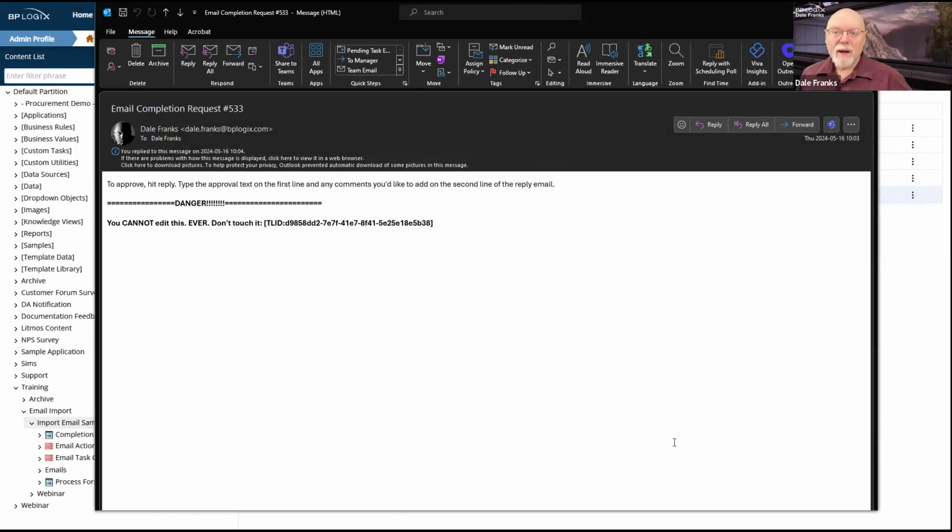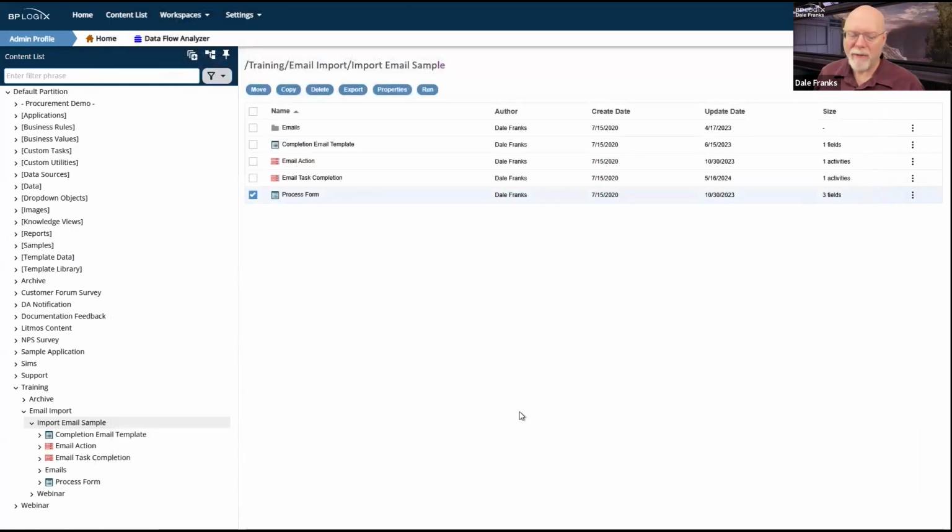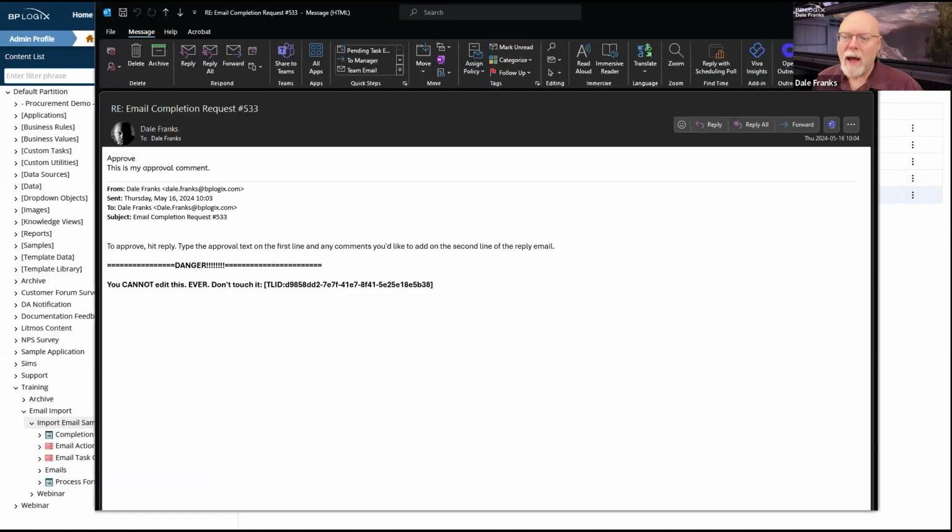Now, I'm going to do this manually because I don't really have an automated system set up to do this. So normally what would happen is I've sent my email. It would go off to an email server and it would sit in an email inbox, and I would need to import that. We'll talk about that later. I don't have that set up. I have everything else set up but an email server that I can monitor the email inbox for. And we do it on a scheduled basis, so I'd have to prompt everything manually anyway.